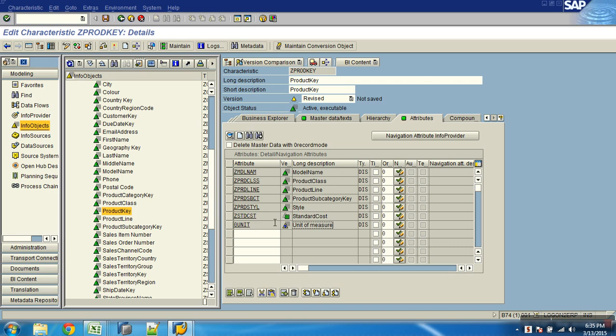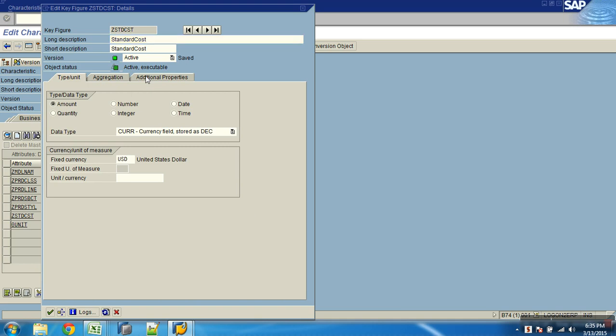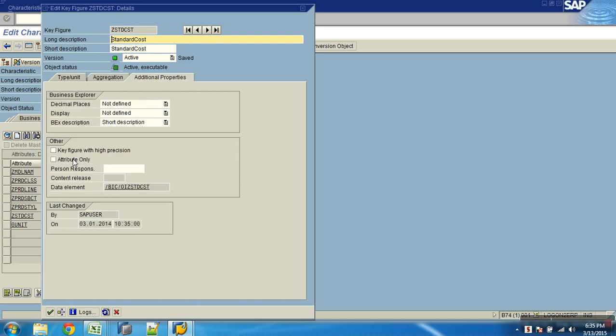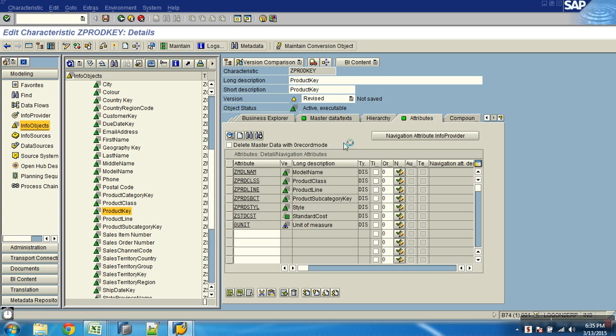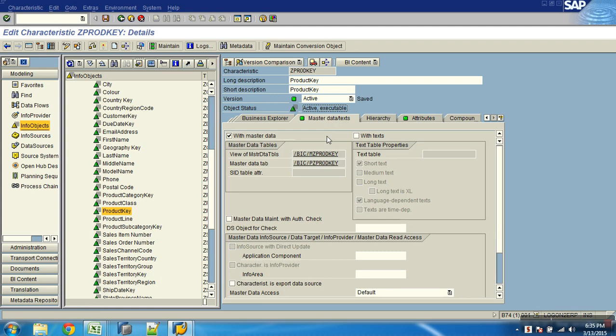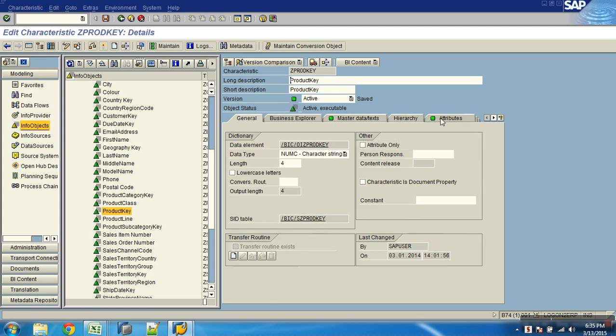Now look at this. Am I able to use this standard cost, which is a key figure, as an attribute? Yes. And I'm able to use this 0 unit, which is a unit characteristic, also as an attribute. Why? For all this, I have not enabled this checkbox. When this checkbox is not enabled, I can use this either way. I can use this as attributes of other characteristics or into my cube also. Anywhere I can use. Now if I activate, does it create an attribute table for product? With the naming as P. And will the product key have a SID table? Yes or no? Yeah, that's common. Every characteristic will have SID tables.